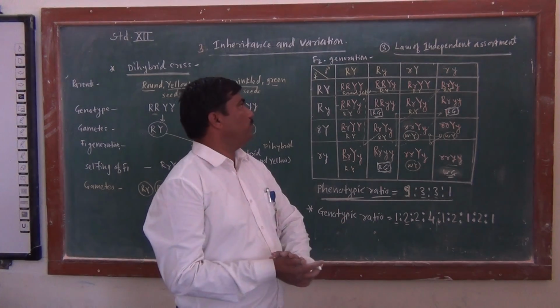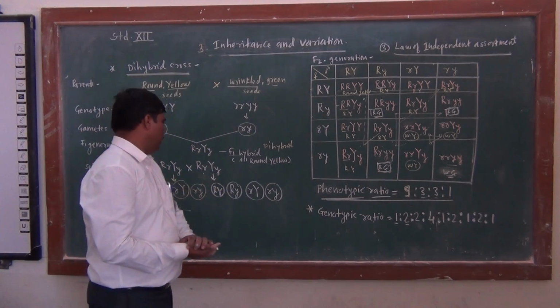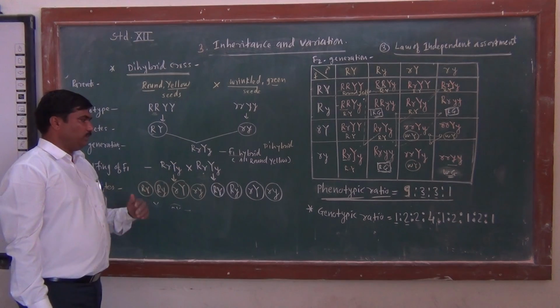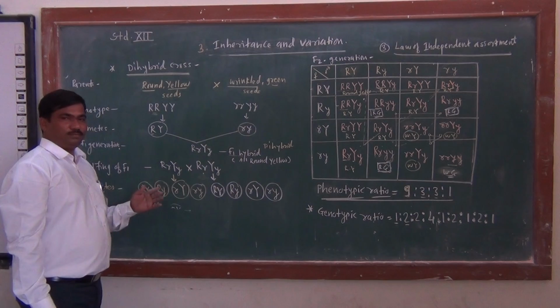So what is the law of independent assortment? According to Mendel, when dihybrids in the F1 generation form gametes,